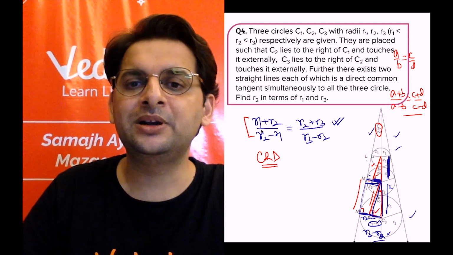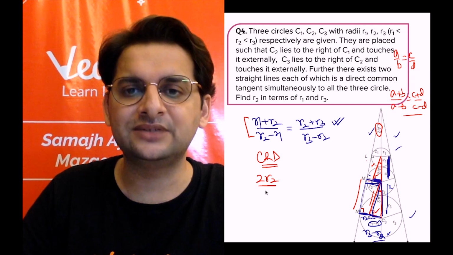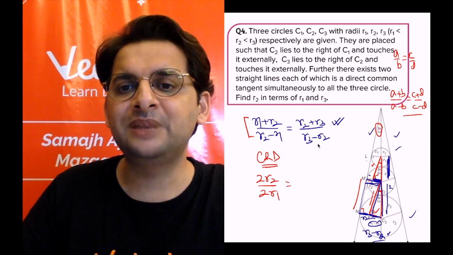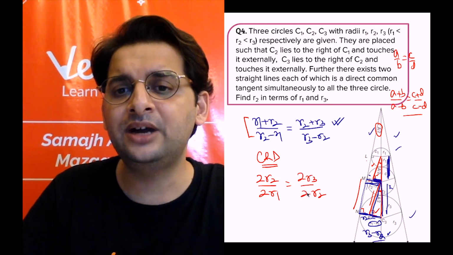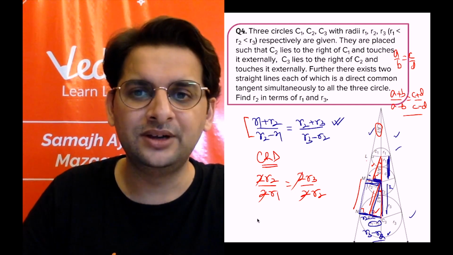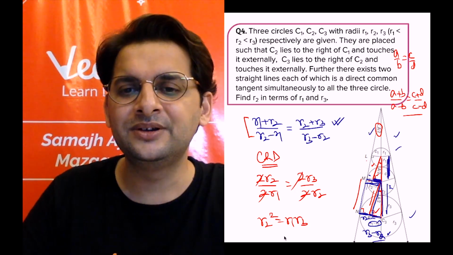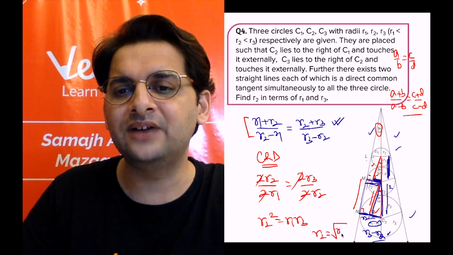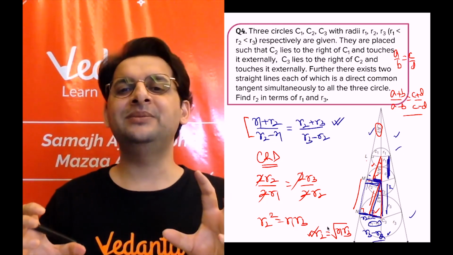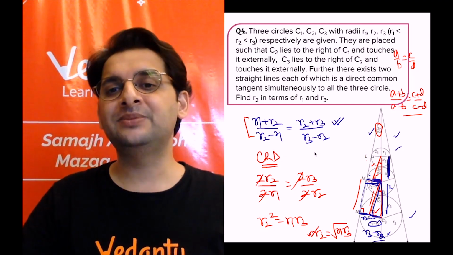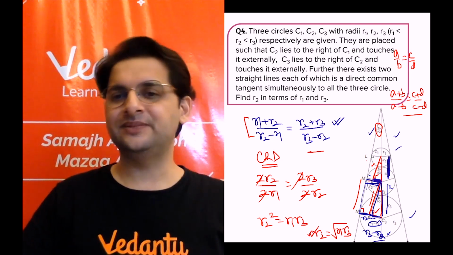So this plus this, on the top R1 will get cancelled out, so 2R2 upon this minus this would be 2R1. And if we add here, it will be 2R3, and subtract, it will be 2R2. The question has become so simple now. So R2 square is R1 into R3, which gives R2 is equal to root of R1 into R3, which is our answer. How difficult looking question has been made so easy using the concept that we just learned. I hope this is clear to each and every one.